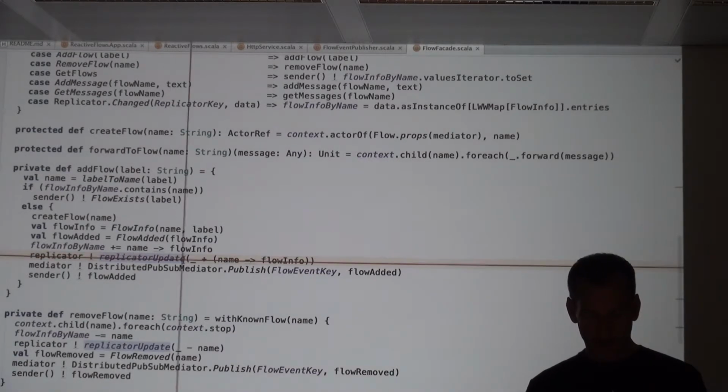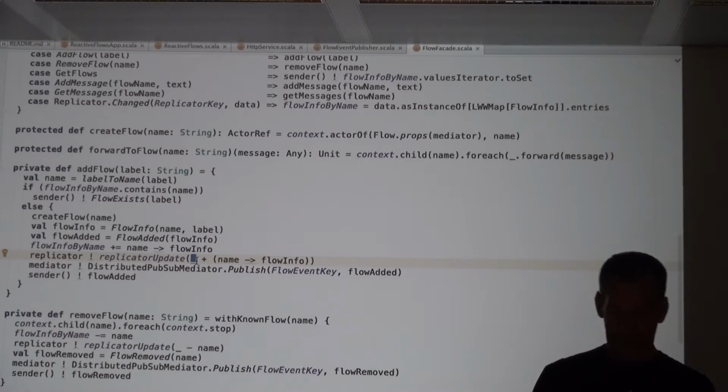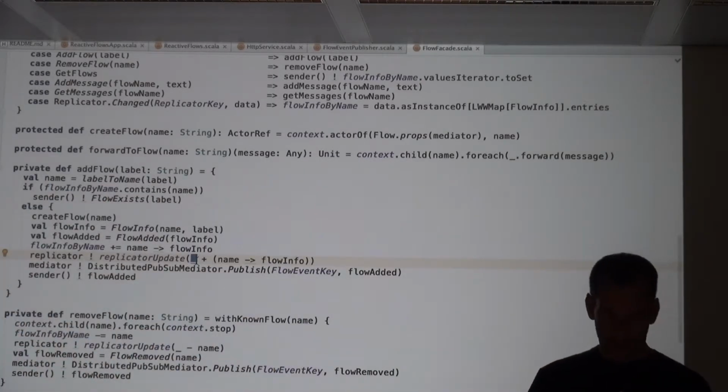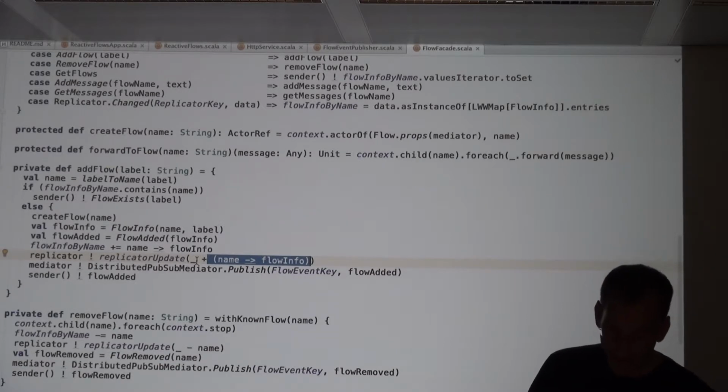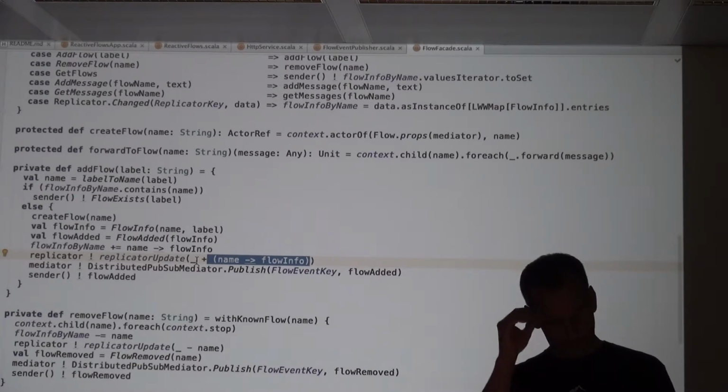And it takes the existing map, because it's a map with flow names and flow info values, and adds this new key value pair. That's all that's going on here. That's really what has changed compared to what was there before.